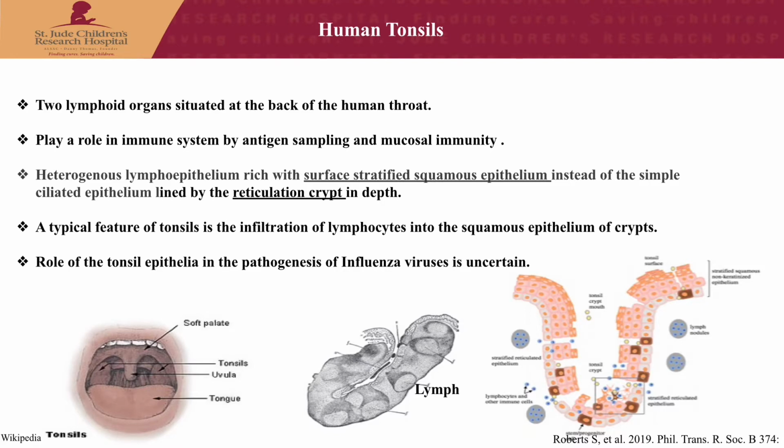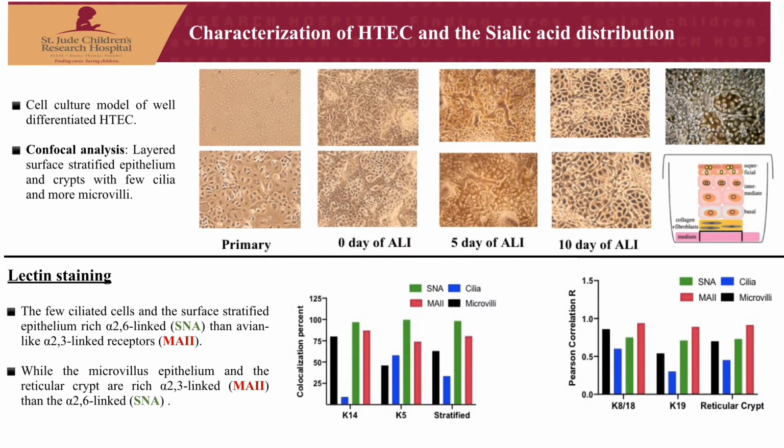The role of tonsil epithelium in the pathogenesis of influenza viruses is uncertain. So we aim to screen the susceptibility of the tonsil and the role of tonsil epithelium in the pathogenesis of different influenza viruses. To mimic the tonsil tissue in vitro, we developed a cell culture model of well-differentiated human tonsil epithelial cells, and we used specific markers for each type of cell using confocal analysis, and we found that it's a layered surface stratified epithelium and crypt with few cilia and